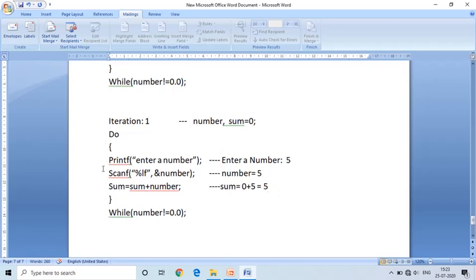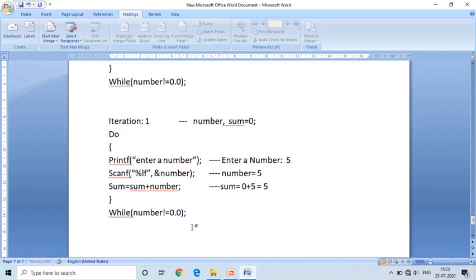After executing these instructions, it comes to while number not equals to 0. The number value is 5, so the control passes to the beginning of the do while loop.